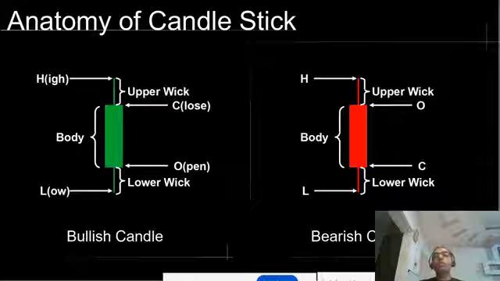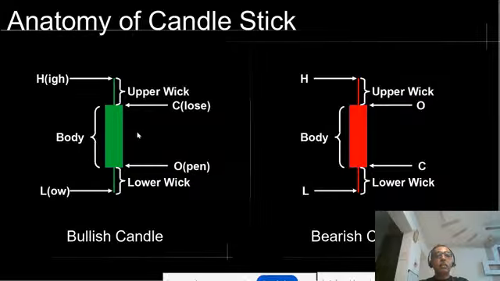And there are two different kinds of candles. One is a bullish candle, where usually if you open a charting tool or charting software, it will show a green candle and a red candle. A green candle means the stock has moved up during that time frame. It has a wick, so an upper wick and a lower wick, and there is a body, right? Whatever is in the body shows the difference from opening to closing. So it has opened at the bottom of the body, and closed at the body's top. That is where the closure was.